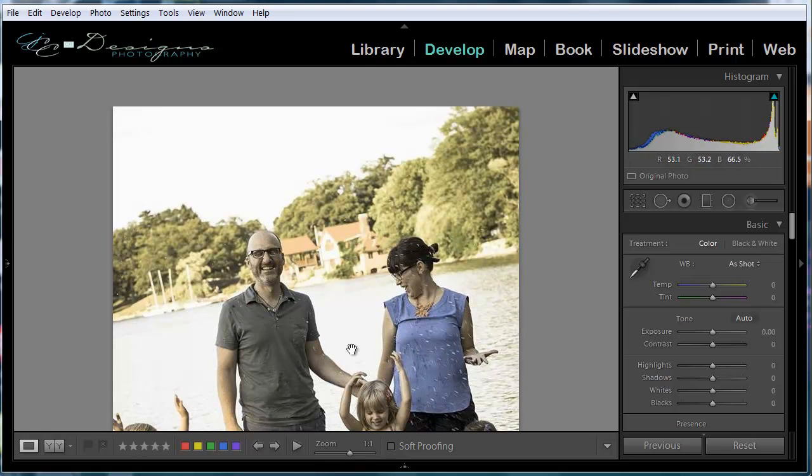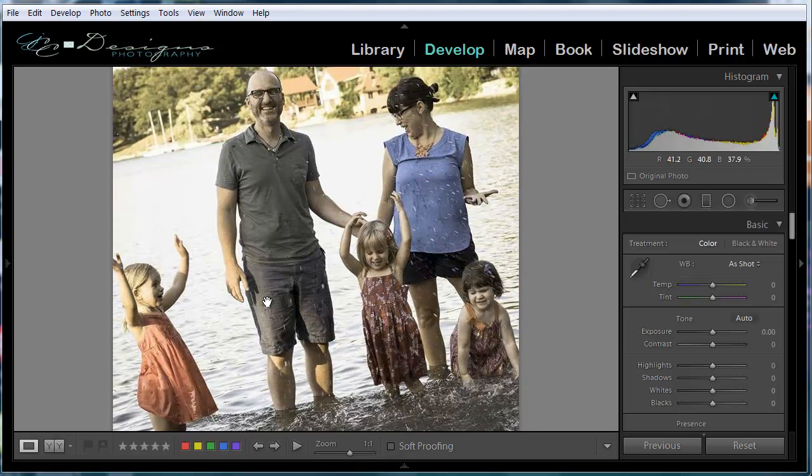let's first look and see if it's in focus, and it does seem to be all in focus very well. Captured the action very well,